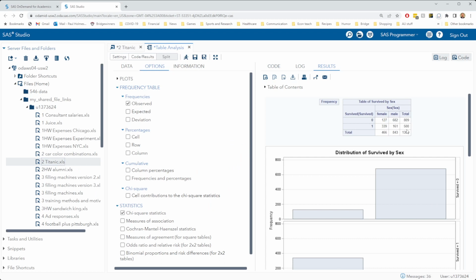So we've got a table of output here. The way we read this is in the first row, we've got the people who didn't survive. That was 127 women and 682 men. For the people who did survive, that consisted of 339 women and 161 men. Okay, so looking at this data, you should immediately be saying, hey, Paul, I don't think gender and survival were